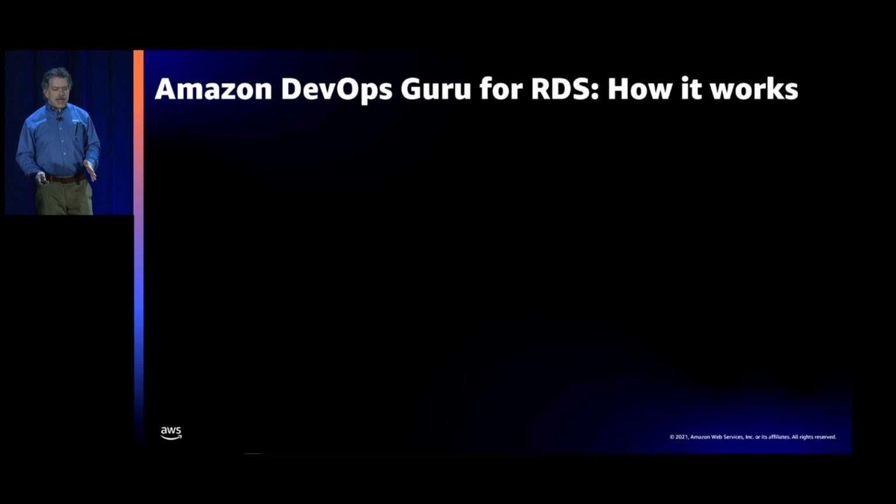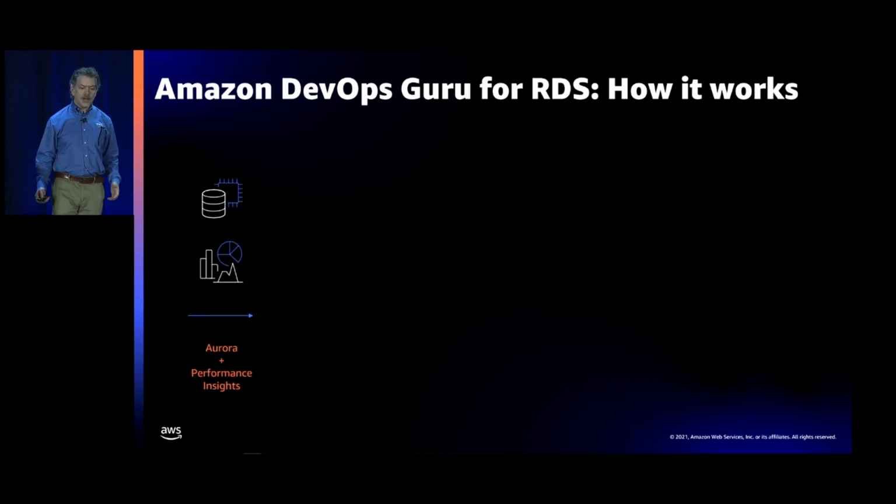Well, if you're anything like me, you like to understand how things work. And so I'm going to show you a breakdown of how this capability actually functions, a little bit of internal information. It all starts with Performance Insights. This is, as I've mentioned before, the database tuning, metrics, and telemetry tool for RDS and Aurora. DevOps Guru for RDS relies on the data from Performance Insights. It also only works if you have Performance Insights enabled on your Aurora clusters.